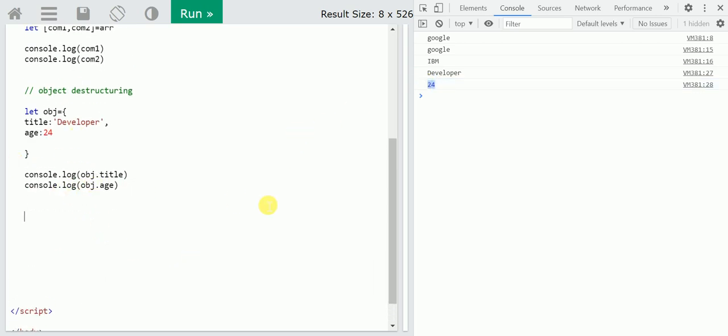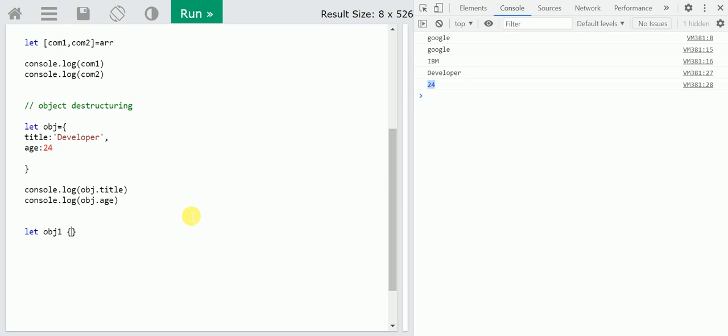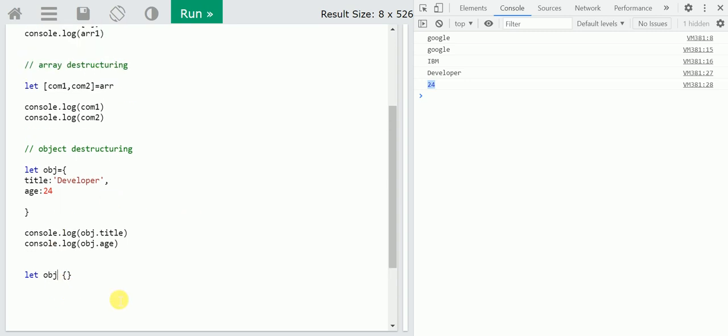And now come to object destructuring, which is nothing but accessing the value with the help of newly defined variables, like let, and give your object's keys, like title and age, equal to, and assign that obj value into this.